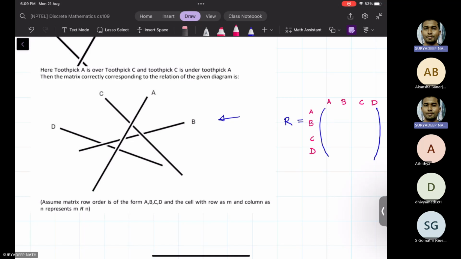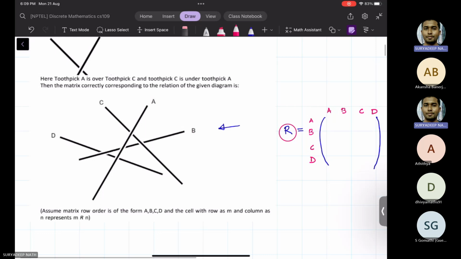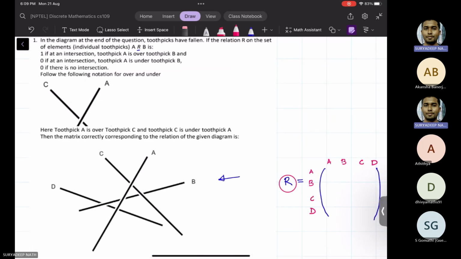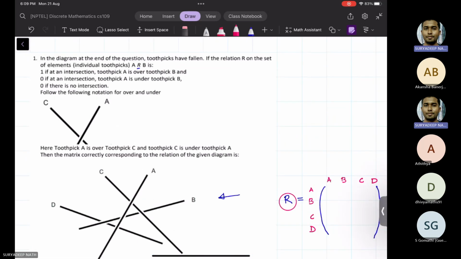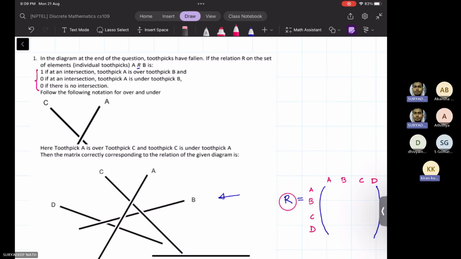Now, what we have to do is fill in these entries. So we have 16 entries to fill, and that would give us the relationship matrix. Now, how to fill this relationship matrix, we'll have to use these rules. So using this rule, if there is an intersection,